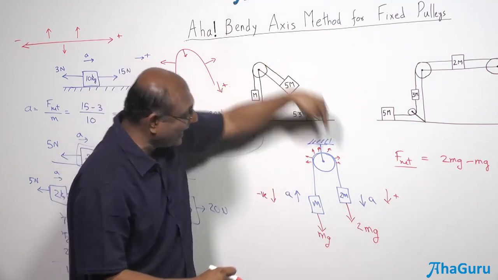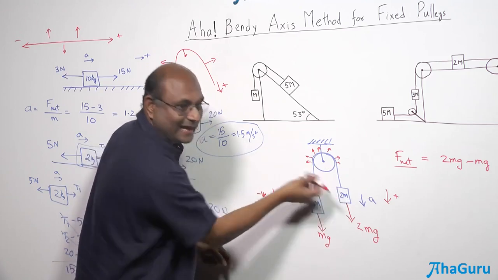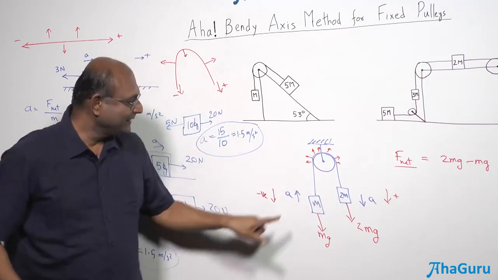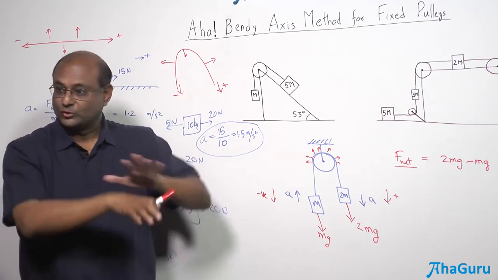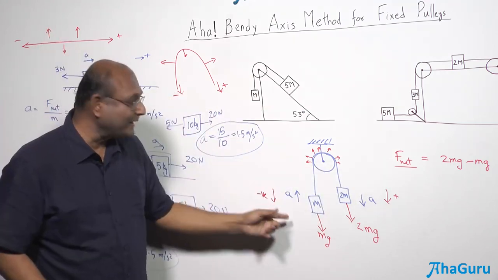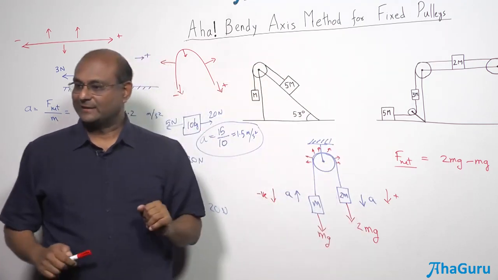It has to grab this guy and that guy. So this whole thing is moving like this. Can you see that this and this are moving in the same direction? It looks like they are opposite direction. That is from the ground, the usual xy plane. But if you look at it from the bendy axis, this direction and that direction are the same direction.